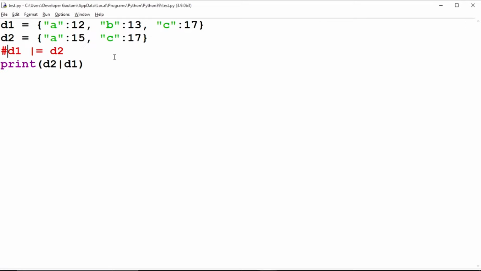And the second dictionary operator which is new here is this assignment operator. Okay, this is not actually an assignment operator, but you can say that it's an inline union merge operator, which allows you to save the value of the union in a variable. Like we can save it over here and assign it to D1. This is what the union in-place operator does. So I think it's clear now what the new Python dictionary operators are in Python 3.9.